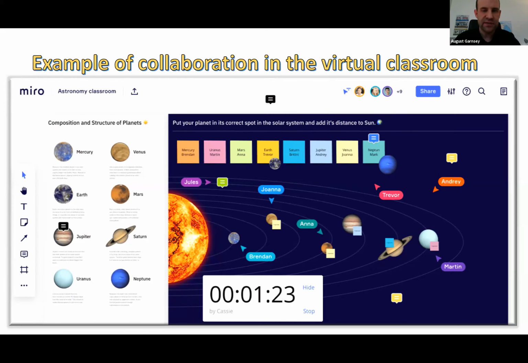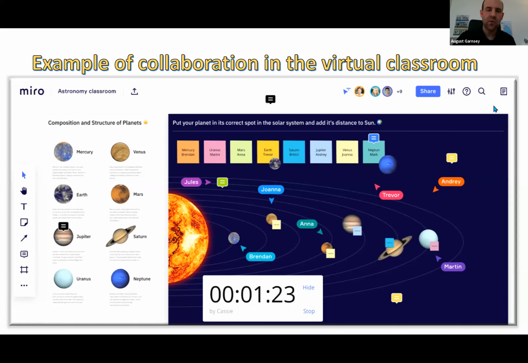But think about this. You see a lot of information: descriptions or definitions, and the names of learners in the class on sticky notes with planets on them.